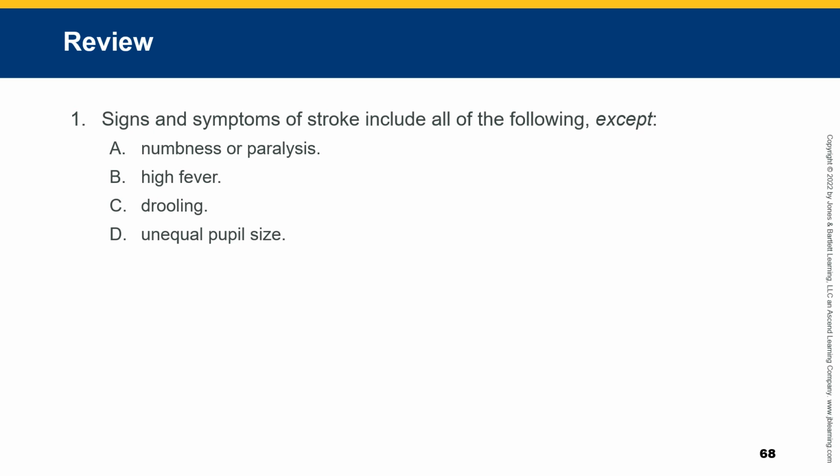Now let's go through some review questions. Here's review question number 1. The signs and symptoms of a stroke include all of the following except A, numbness or paralysis, B, high fever, C, drooling, or D, unequal pupil size. If you think about what a stroke actually is and where it occurs in the body, you should get this answer fairly easily. And the answer is